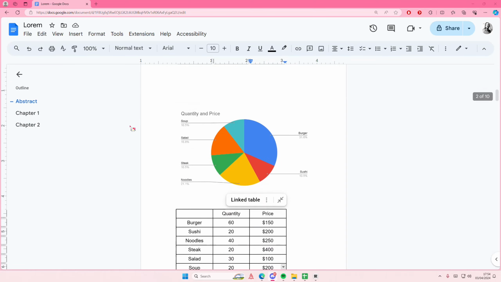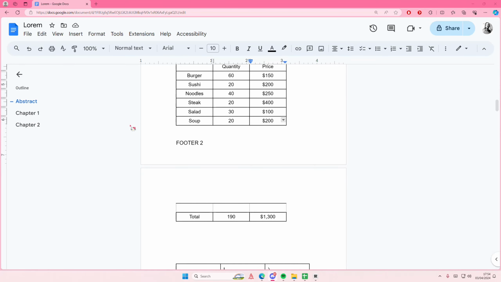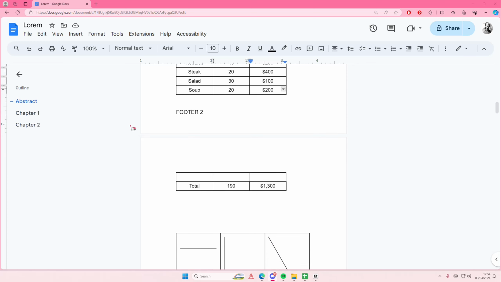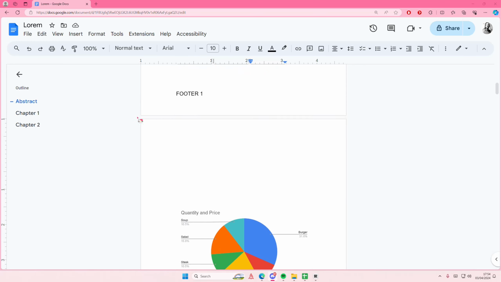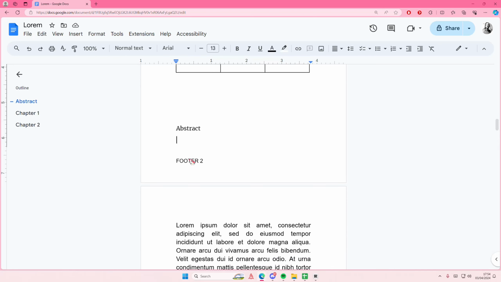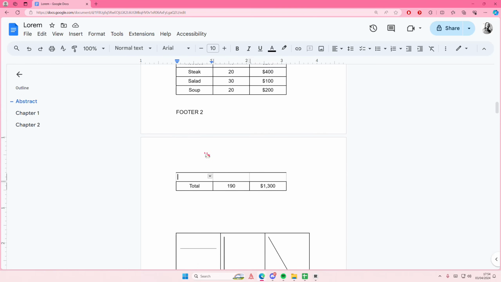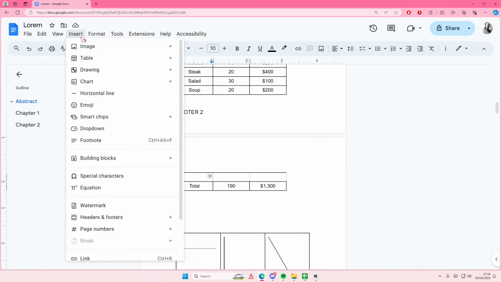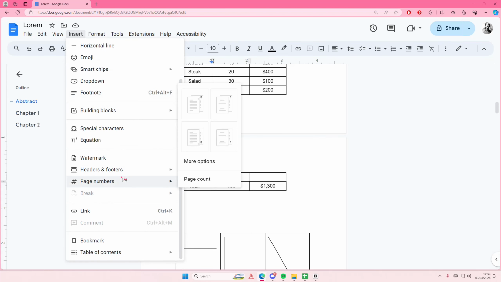In this video, I'll be showing you guys how you can add different footers for each of your pages on Google Docs. So as you can see, I have footer 1, footer 2, but if I scroll down, it's going to still be footer 2. So what you're going to want to do is you're going to select insert and you're going to select